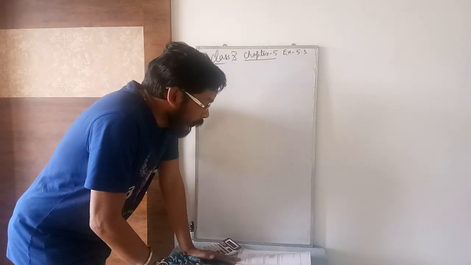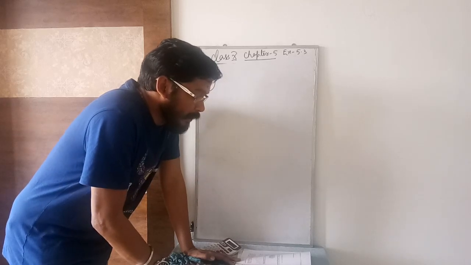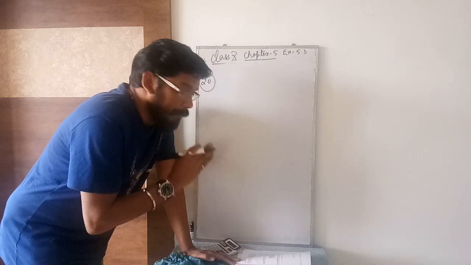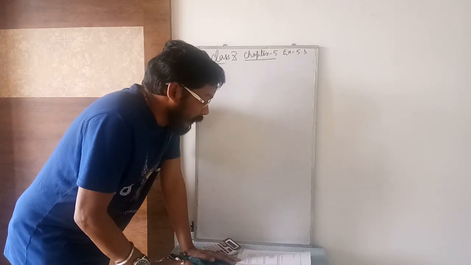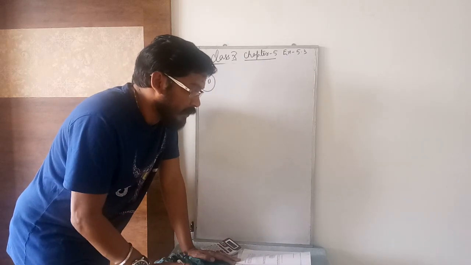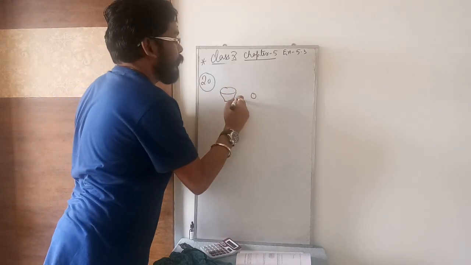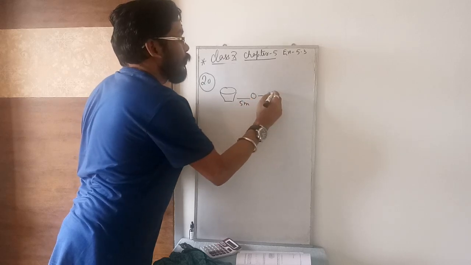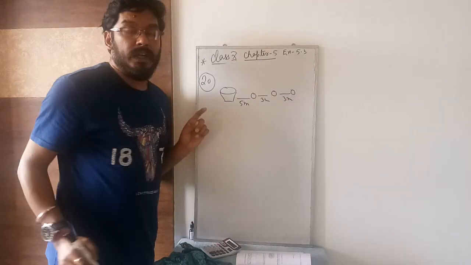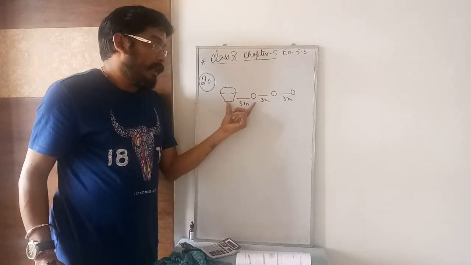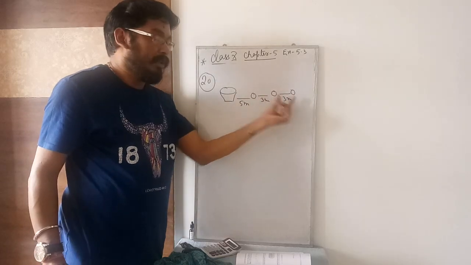Now see, in a potato race, a bucket is placed at the starting point, which is 5 meters from the first potato. So the first potato's distance from the bucket is 5 meters, and the other potatoes are placed 3 meters apart in a straight line. This is the bucket. The first potato is 5 meters away, and the gap between two consecutive potatoes is 3 meters.